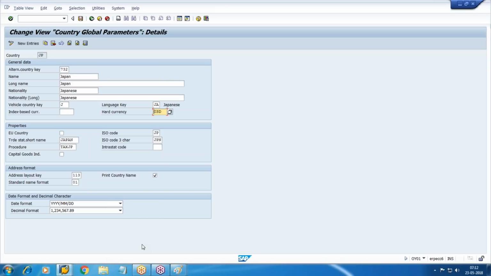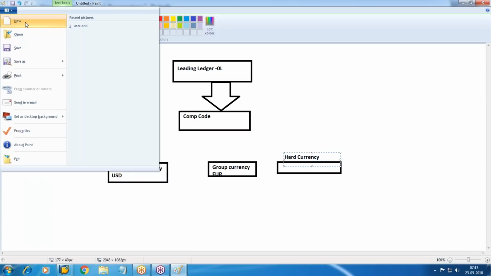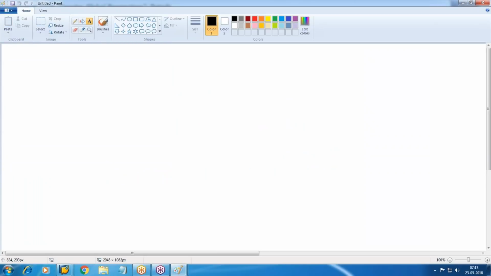The non-leading ledger must be activated for each individual company code. That means if you have three company codes, and the requirement is there, then you can activate multiple non-leading ledgers for those three different company codes. There is no restriction on how many non-leading ledgers you can have, but there are some prerequisites. The first currency of your leading ledger will always be the first currency of the non-leading ledger. So for any company code, this is your